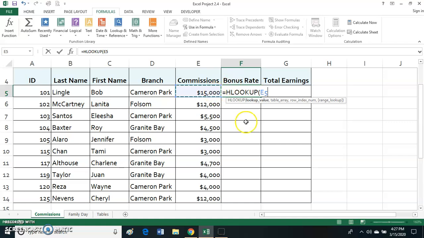It knows where to go grab its number, comma, and then the next thing it's asking us is, where do we go? Well, we named that range. So we're just going to start typing H, and you can see with the little yellow tag, it automatically comes up. We can double click and it will self-populate, comma, and we type the number 2 to say, when you go to this table and you find this number, I want you to count 2, and whatever's sitting in that second position, I want you to return that number. So I'm going to end it with a parenthesis,